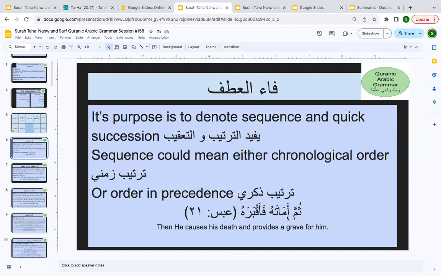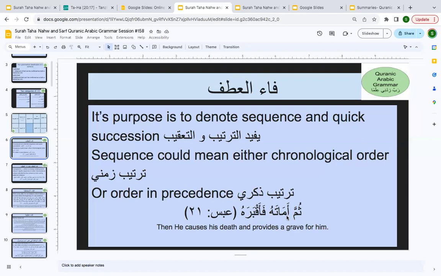Okay, what was the order? The order could be zamni, according to the time, or the order could be zikri, meaning how somebody narrated it to you. So this happened, and this happened, and this happened. So both ways you will understand it as a fa that comes and connects and tells you what was the sequence for something. Okay, for example, now I tell you, Ja'a Zaidun